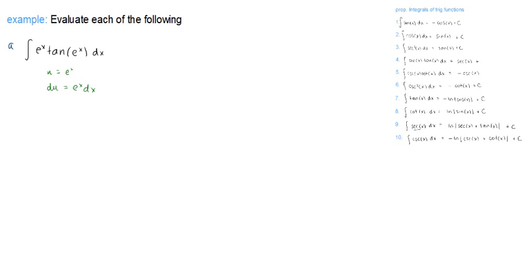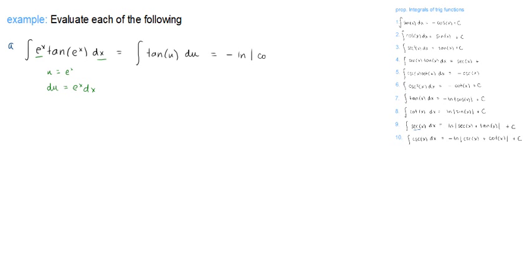All right, and that means that I can now replace this e to the x dx by du, and now I have tangent of u. So I'll rewrite this integral as the integral of tangent of u times du. And I can now evaluate the antiderivative of this using the rules that we looked at last time. So that means we're going to go with rule number 7, which is the antiderivative of the tangent function. So the antiderivative of the tangent function is minus ln of absolute value